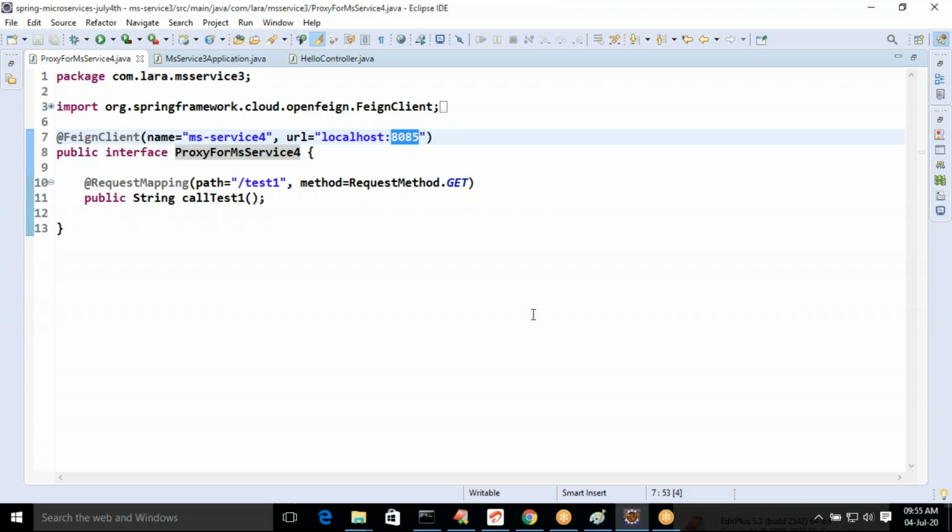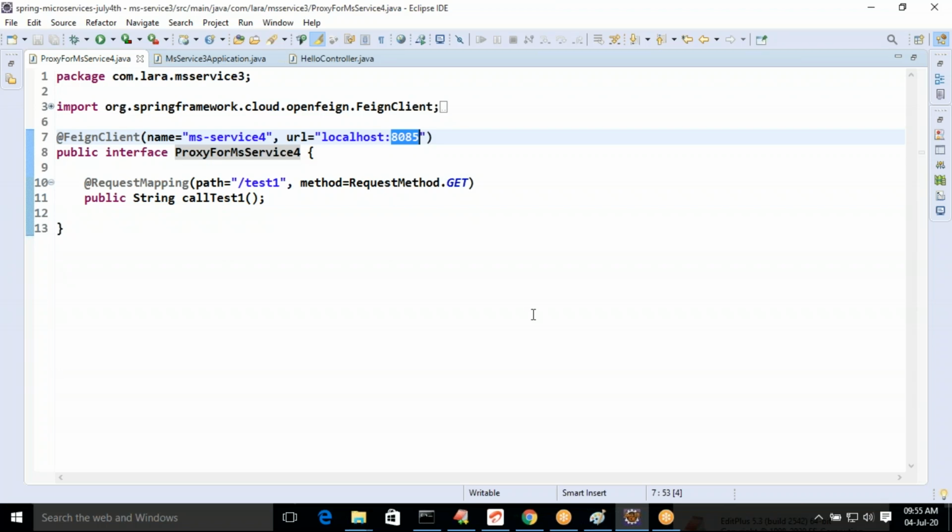Feign client always looks for whichever instance is running at 8085, even though other instances are there for MS Service 4; those are not considered by Feign client. Whichever port number you specify, only from that port number is the instance considered.